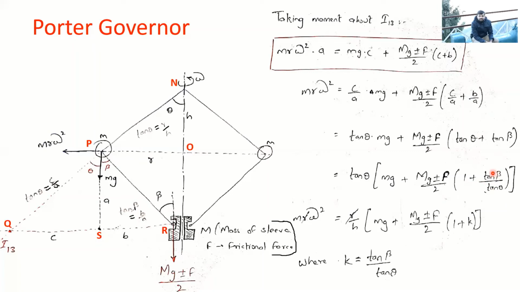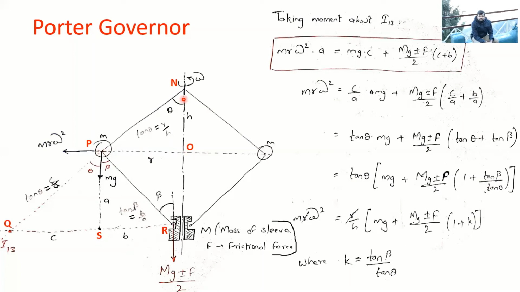Now this value tan beta plus tan theta is written as k. This small k, in some books, is written as q, so don't get confused. It is just another term which is used. So on the LHS we have m r omega square. Now this tan theta, look at this triangle